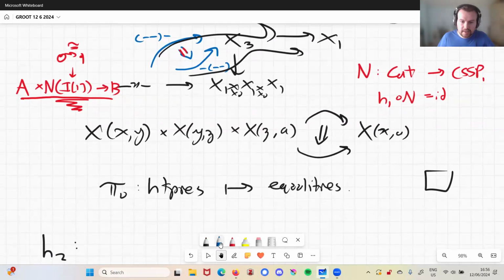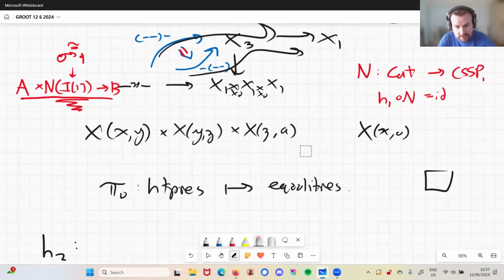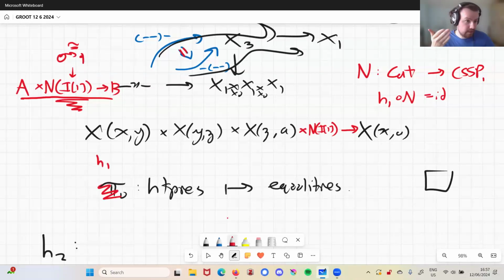So what we'll get in the end for this picture is, if I just maybe get rid of this so that I can draw the homotopy as is. It's really slowing down now. We'll have times n of I of 1 to x of xa, right? And this homotopy, if we now hit this instead of with pi0, we hit this with h1. Now notice h1 commutes with products and it cancels out n. So now this will be a functor from something times I of 1 to something else. What is that but a natural isomorphism?